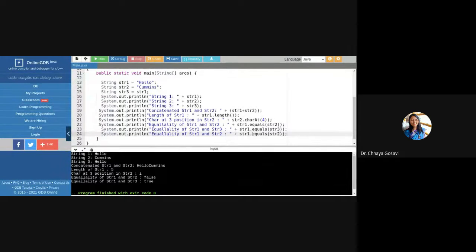It will give you an integer value. str1.compareTo(str2) will compare str1 with str2, and it will return the difference between the ASCII values of these characters. If this difference is equal to 0, that means these two strings are equal.